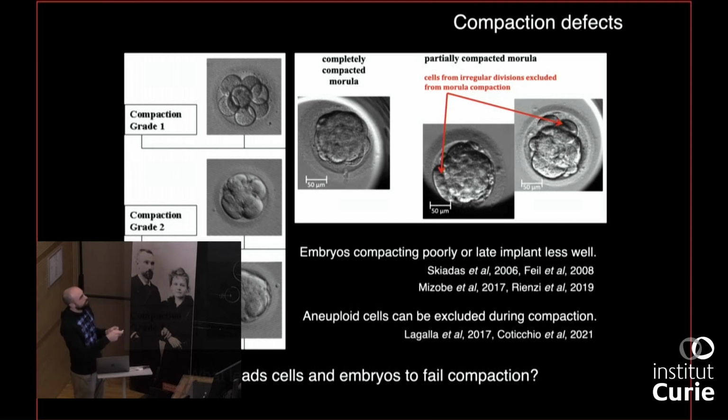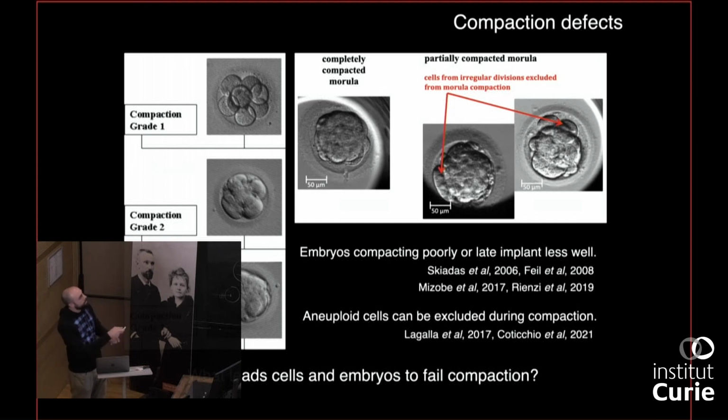We know that some of those cells which are excluded tend to be aneuploid. They tend to have extra or missing chromosomes. And we also know from natural pregnancy, not in vitro grown embryos, that during human pregnancy, the placenta is a tissue which is full of aneuploid cells. It's just something which happens naturally. The placenta is a very unstable tissue, and there's just plenty of aneuploid cells.